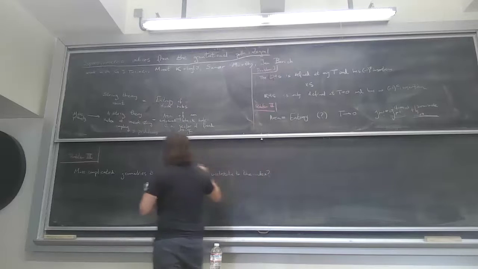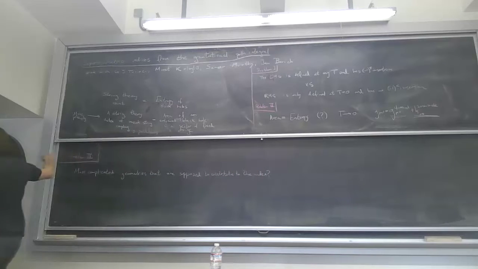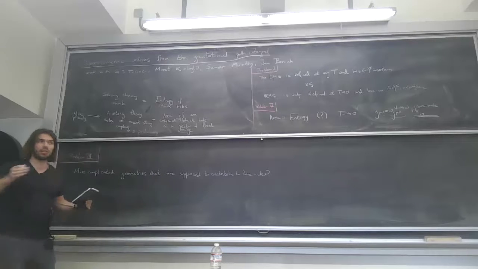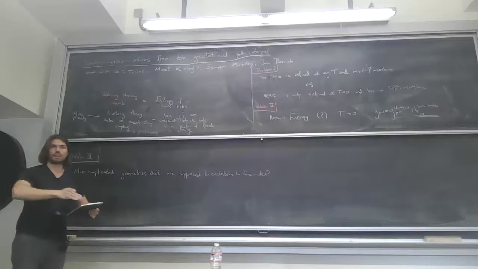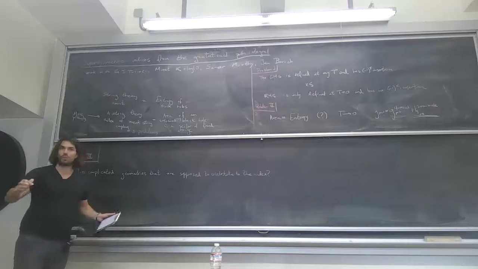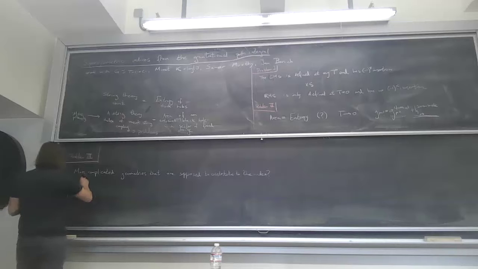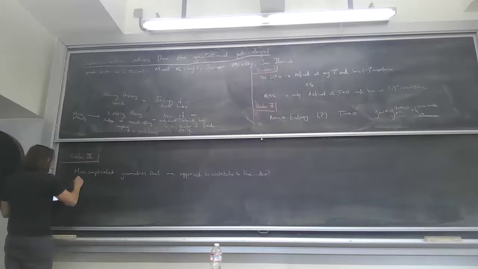So for instance, in some situations in string theory, the index doesn't receive this equality, doesn't receive contributions from only a single black hole. It receives contributions from an arbitrary number of multi-center black hole configurations. So for example, multi-center black holes.